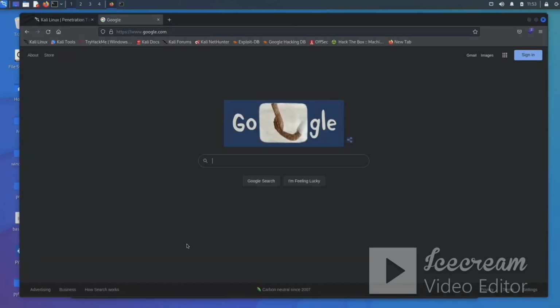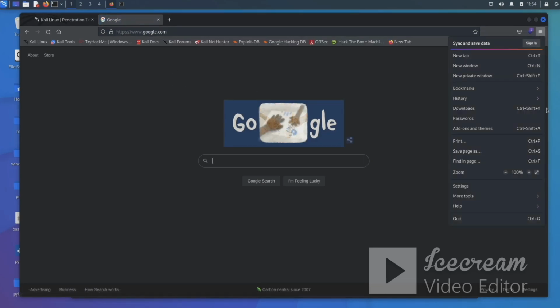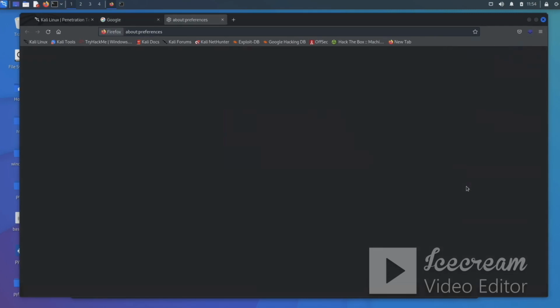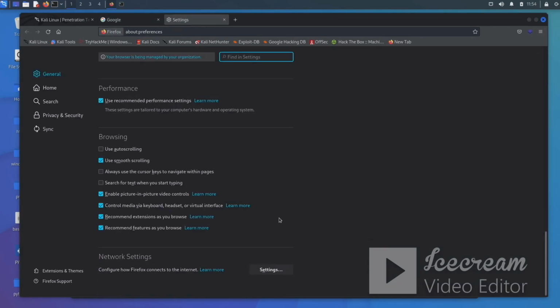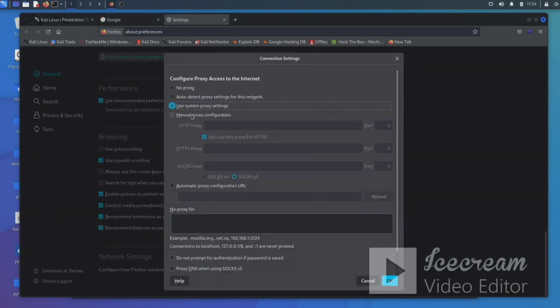Okay, in this video, we are going to be setting up our proxy Burp. And right now, if we just hit enter on Google, it loads just fine for us. But when we set up our proxy, this is going to not work, and I'm going to show you how to set it up. So we will come over to these three lines. We'll go down to settings, scroll all the way to the bottom, click settings, go manual proxy configuration. We're going to go